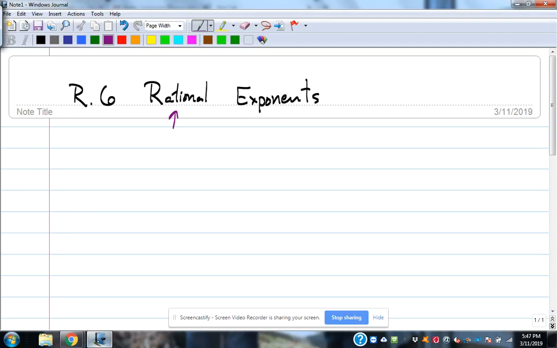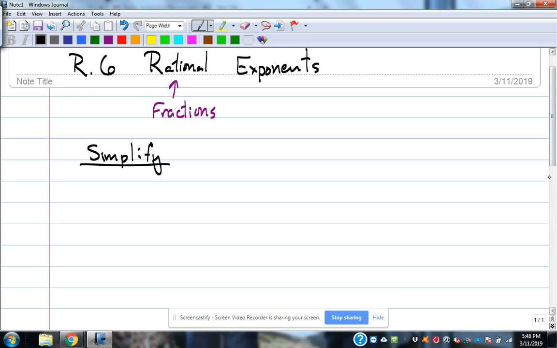Rational exponents are going to be exponents that are expressed as fractions. So fraction exponents is really what we're dealing with here. Rational exponents, fraction exponents, what we're going to talk about some tonight. Rational exponents or fraction exponents, we can simplify. It's like simplifying a square root or a cube root or something like that. So when we're simplifying, say for example,